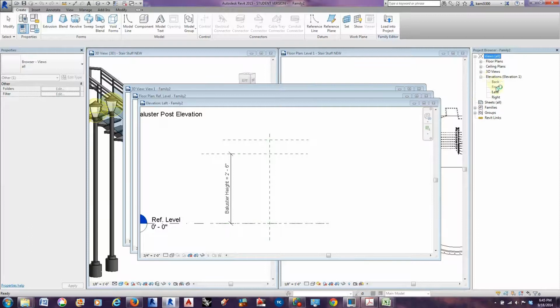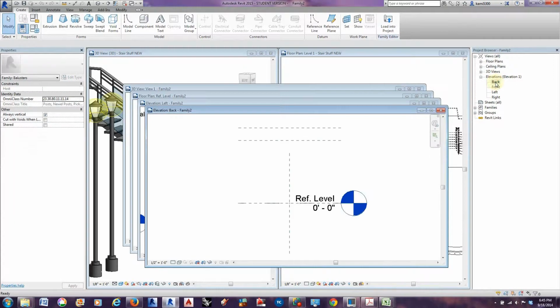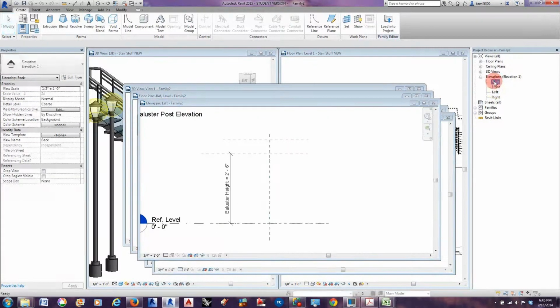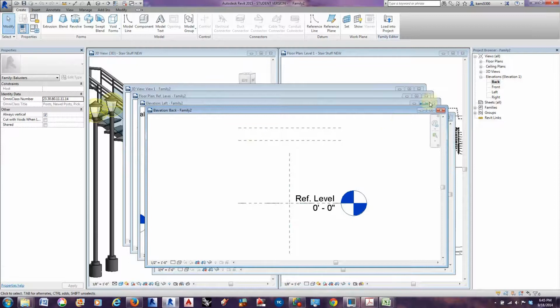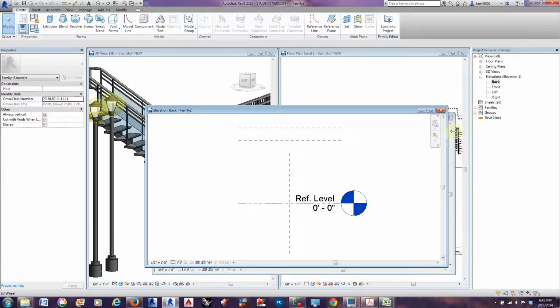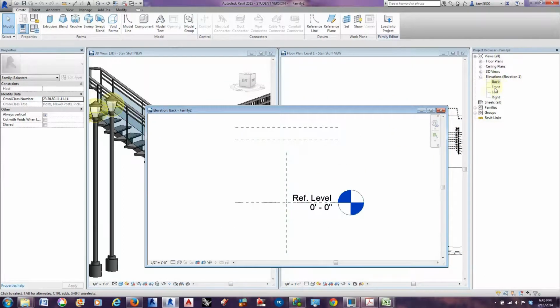Didn't think they were. Yeah, they're not, but they come up. That's interesting. Maybe I have some multiple families open here and I don't realize it. At any rate,